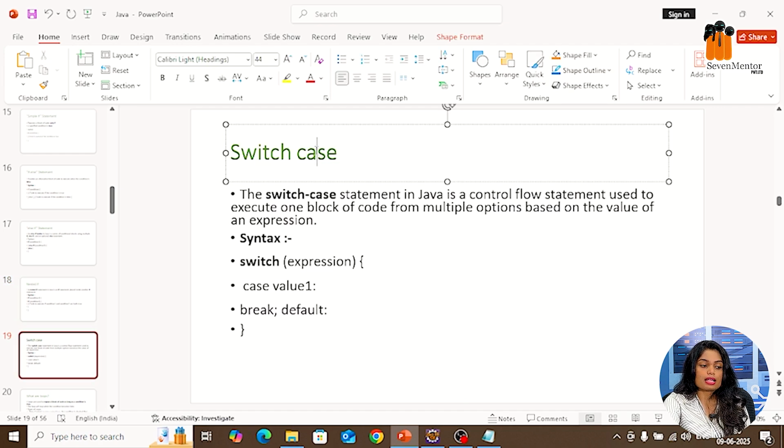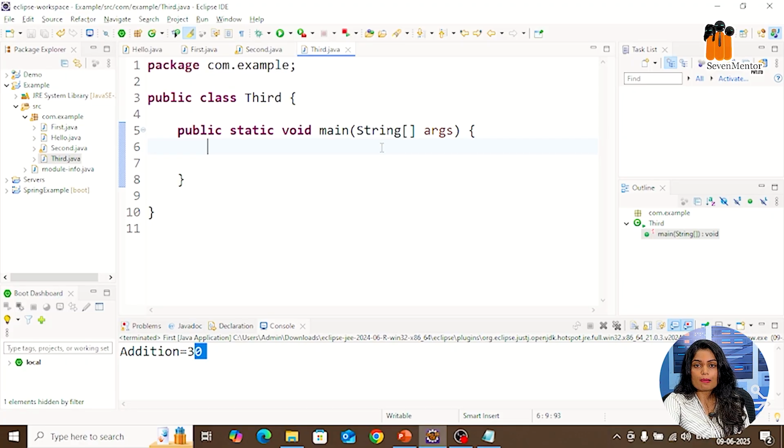And the another and the last one in a conditional statement, which is a switch case. Switch case is also basically used to test the multiple conditions, but switch case will test all the conditions only via cases, like case 1, case 2, case 3, like that. Now we will see simple examples using if else, switch case, all those parts.